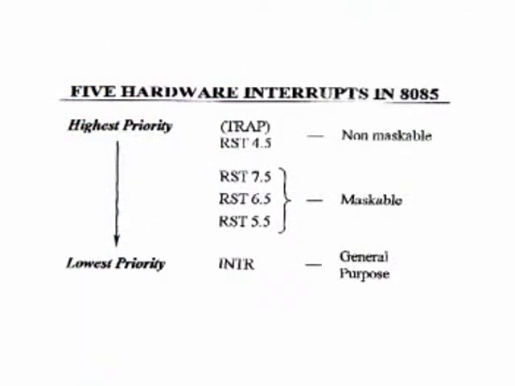There are 5 hardware interrupts available in 8085. Hardware means they are available in the form of a pin. Interrupts can be made by software means also, by instructions also. But the 5 hardware pins in 8085 are shown in the next figure. The first one is RST 4.5. It is at the top. RST means restart. That means the microprocessor is instructed to restart the execution from some other location, called 4.5, RST 4.5.